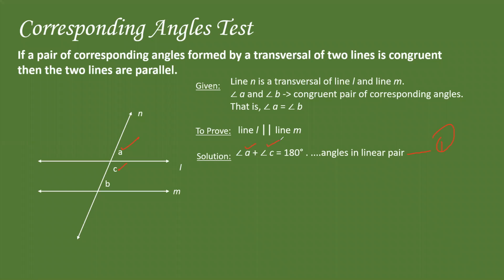Angle A and angle C. Because they are in a straight line. Yes, thank you so much. So the line they are on, line N, is continuous, and line L cuts it like this. So angle A and angle C will be linear. All right. So we have this information now with us. So I go to the next step now.